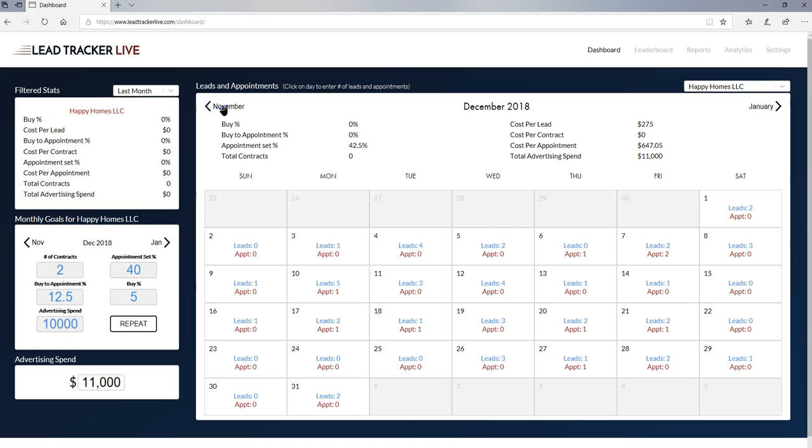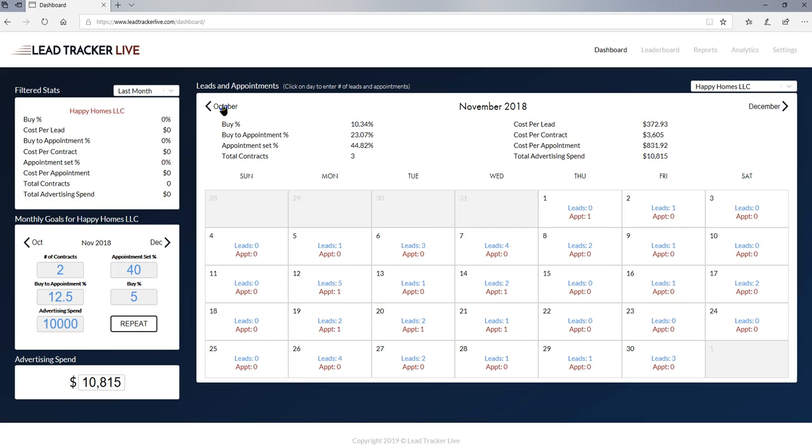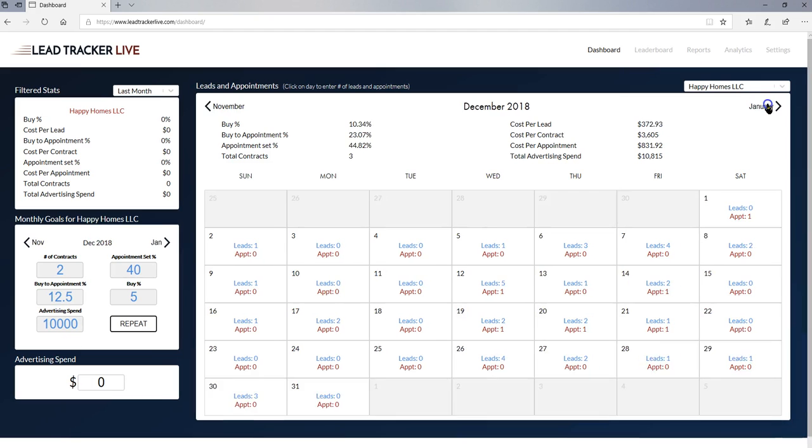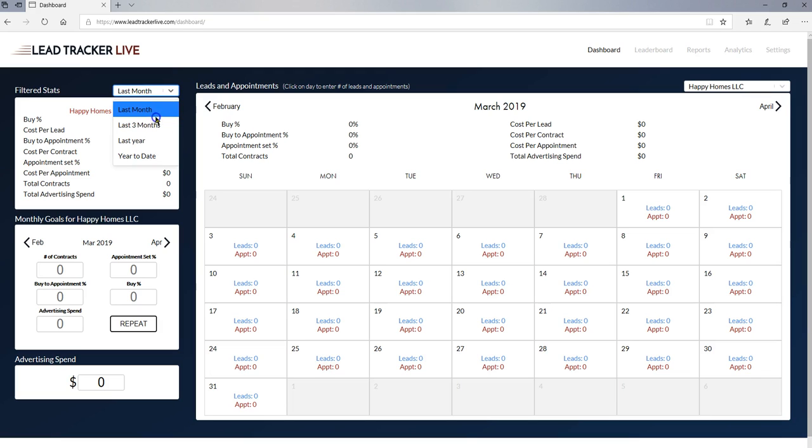So you can see that of course the data changes. You can see the different numbers as you go on for different months. You can see numbers in there, statistics, and then of course let's go back to where we are now. March is still blank, and then we can use this stats box to give us what the last 3 months look like, last year, or where we are year to date. So that's where you're going to want to be as far as